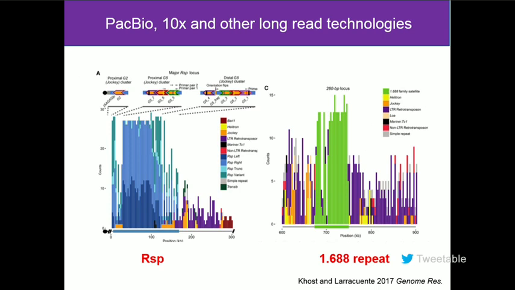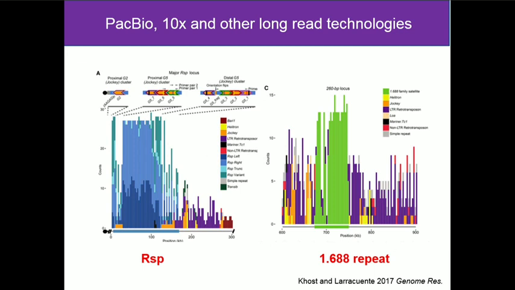And I think some of the nicest work I've seen is from Amanda Larracuente's group, looking at the PacBio assemblies of the Drosophila melanogaster genome, and others now as well. This responder element that Fadnis talked about briefly, involved in the segregation distortion process, has a very characteristic structure where it starts to get contaminated with transposable elements towards the end, but it's many, many repeats spanning 300 kilobase pairs.